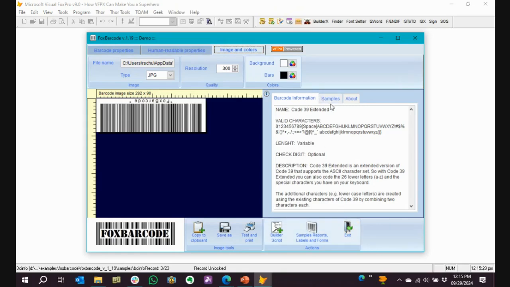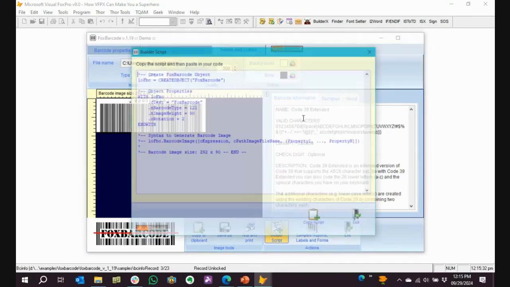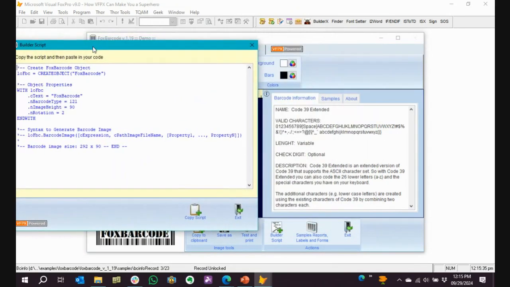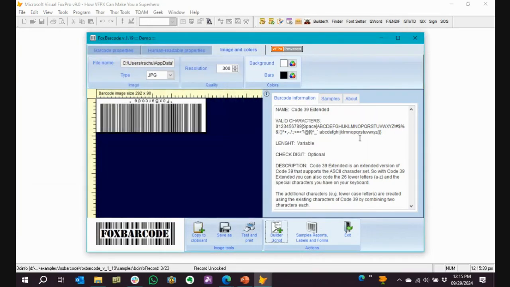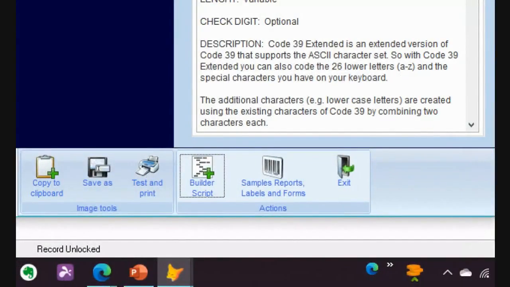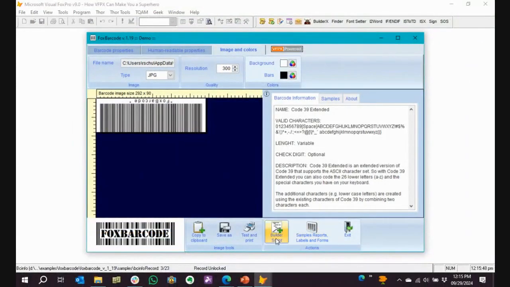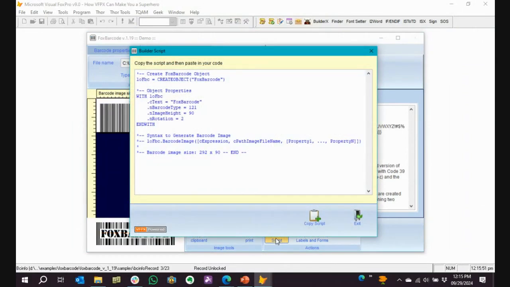The best part about this is Builder Script. The Builder Script is a button. Let's point that out. Along the bottom here, Builder Script, third one from the right, generates the code that you need based on the dialog here. So you can consider this like a builder within Visual FoxPro for barcodes. Set some properties, make your choices. Here's the code that you need to paste into your program. And you can even copy it directly from a button. Makes it even easier. You don't even have to highlight it.